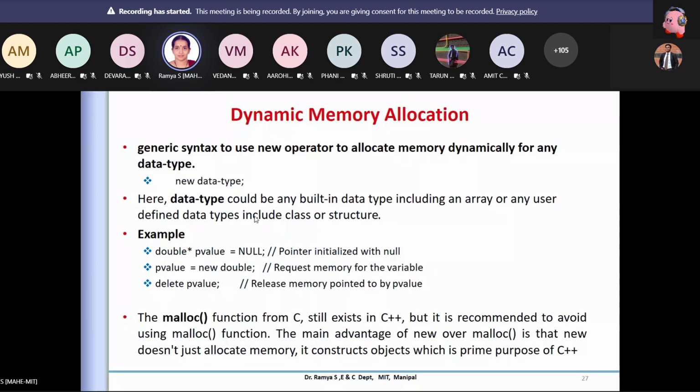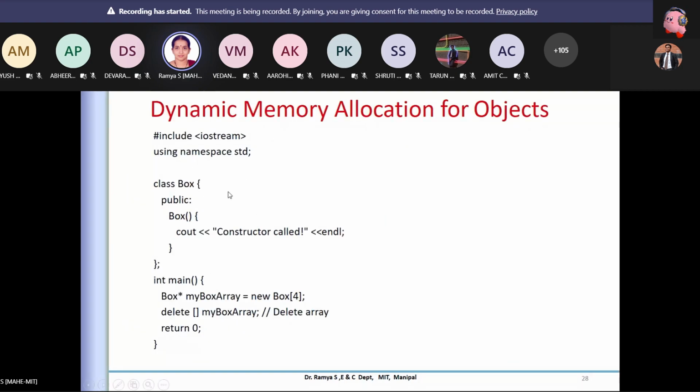This is one very simple example. If you see this, it's a class. There is one class which I've defined, and some constructor is being called for this. So I'm creating an object for this. It's a very simple class here. What is done here, you can see, I want to create 4 objects, an array of objects basically, but I'm using the keyword new. So I'm using dynamic memory allocation.